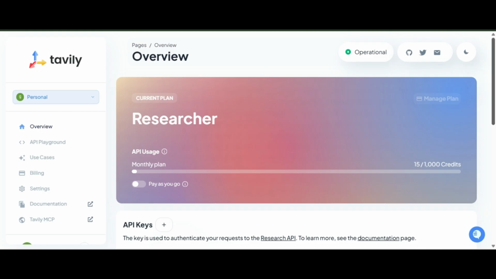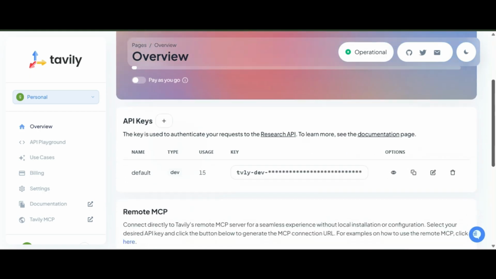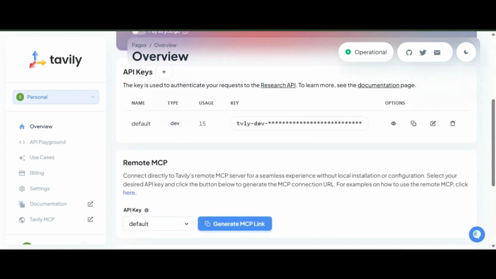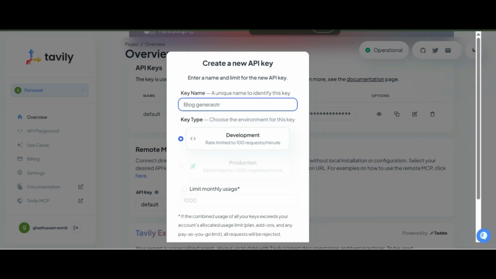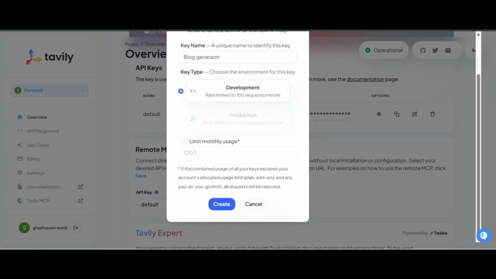So what you have to do, you just go to this section, click on the plus icon and generate a key. So I will name it blog generator and I will create it.